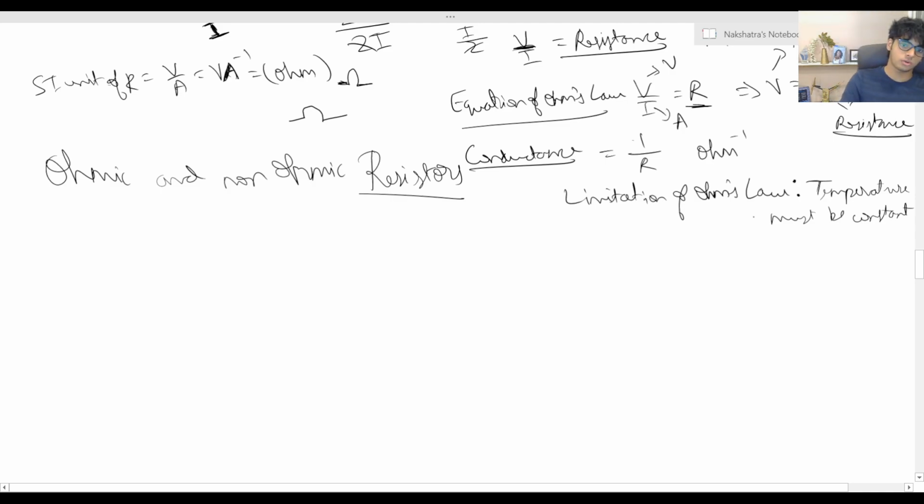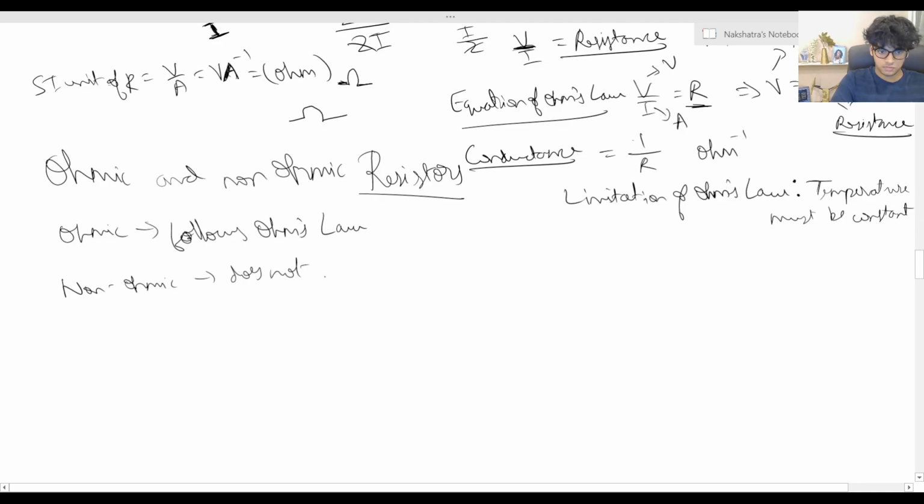Now ohmic and non-ohmic resistors, very simple. Resistor is something which provides resistance. Ohmic resistor, okay, simply follows Ohm's law, okay, and non-ohmic does not follow